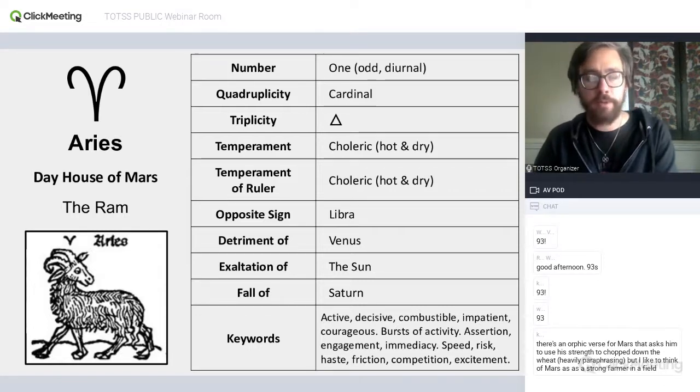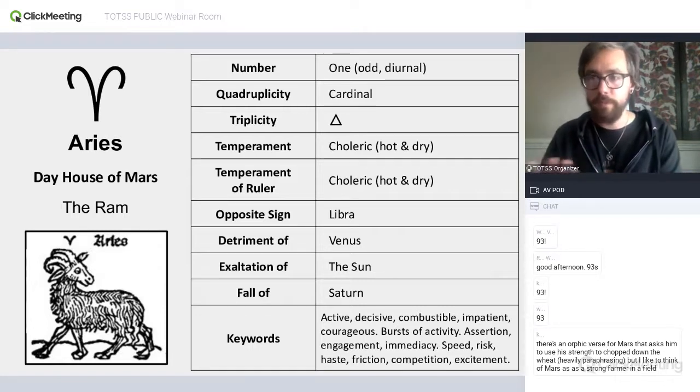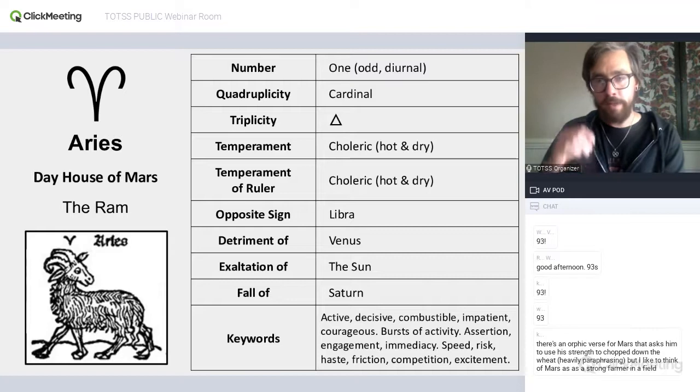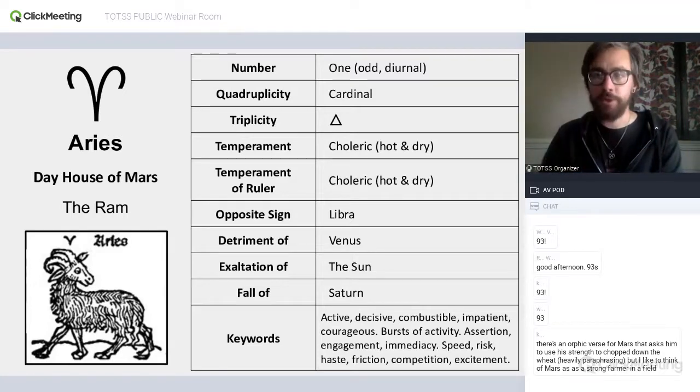You can explore that and come to your own conclusions, but for the way I'm going to present this, the only significant thing I think is the odd or even, and that's based in this Pythagorean symbolism where the odd numbers are associated with the day, as well as a number of other qualities, and the even numbers are associated with the night. So this is an odd number, so this is a diurnal sign, which is why it's the day house of Mars rather than the night house of Mars. All right, this is cardinal fire, as we've said.